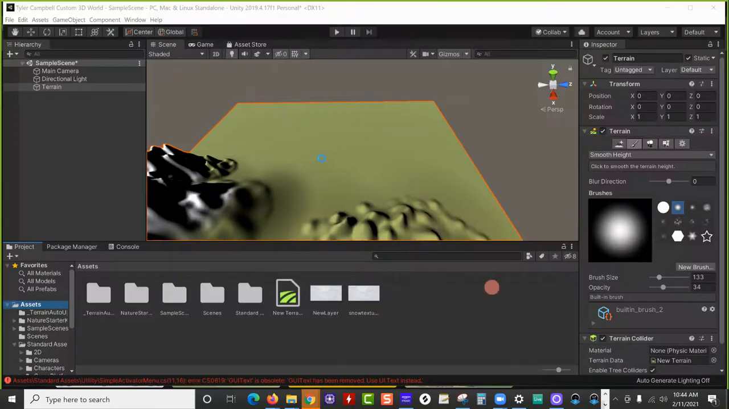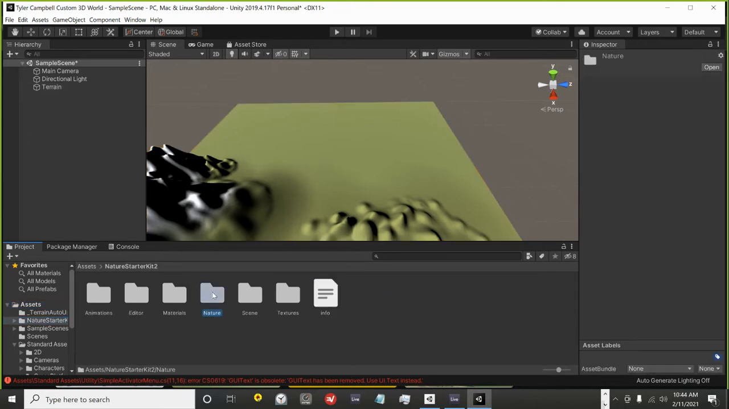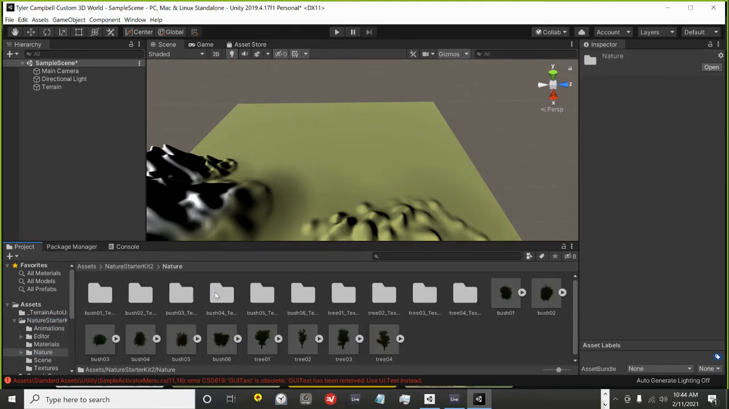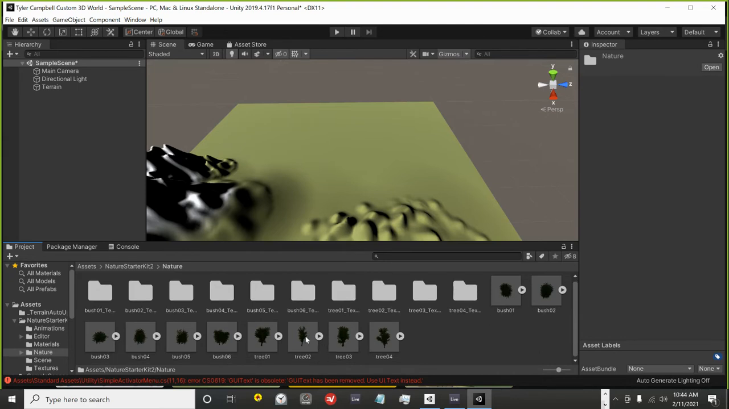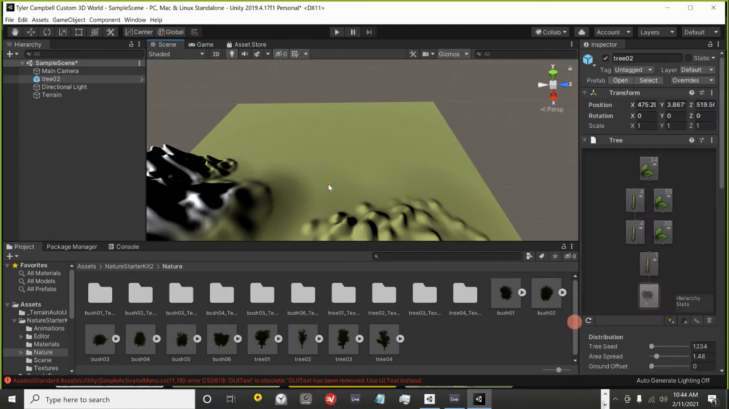All right, so let's go back to Unity. Let's go to our project folder, open up our assets, and we're looking for the Nature Starter Kit. Right, and the Nature Starter Kit, if we go into the Nature folder, it looks like on this one, we've got these trees and bushes, right? And so one way you can add these to your game is by clicking on a tree and just dragging it into your scene. And then you'll see how it adds it as an object in your scene right here